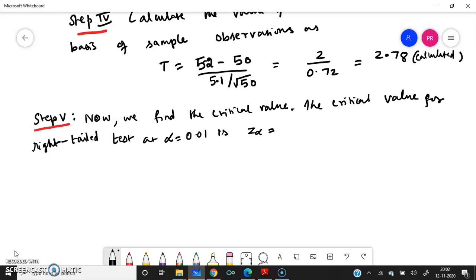You can see the table and you can see that it is 2.33. Then the sixth step,